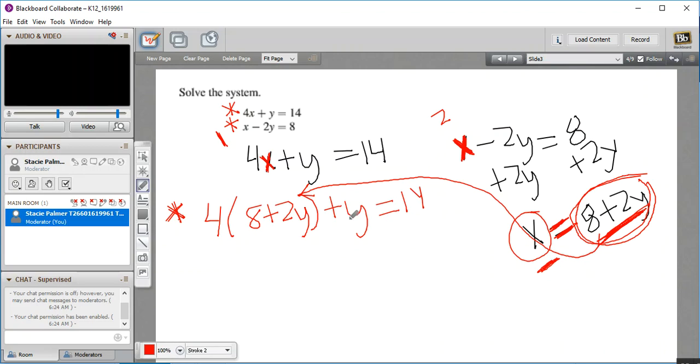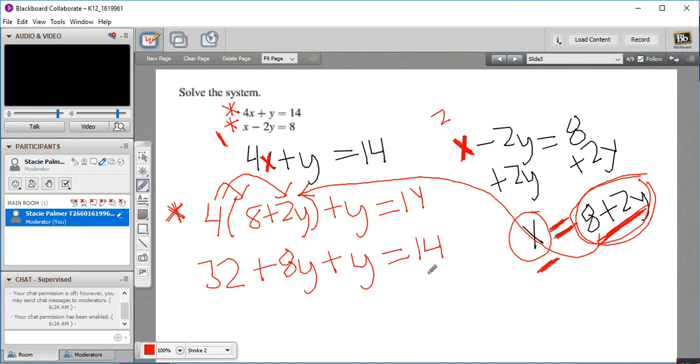Remember when you solve an equation and you have a number in front of the parentheses, that number has to first get distributed to both terms inside the parentheses. So 4 times 8 is 32. 4 times 2y is 8y plus 1y equals 14. Okay, now I'm going to continue solving this equation for the y. You can notice that on the left side, we can still simplify this. We can combine the 8y and the 1y. Okay, this is really just a 1y. So that's going to be 9y